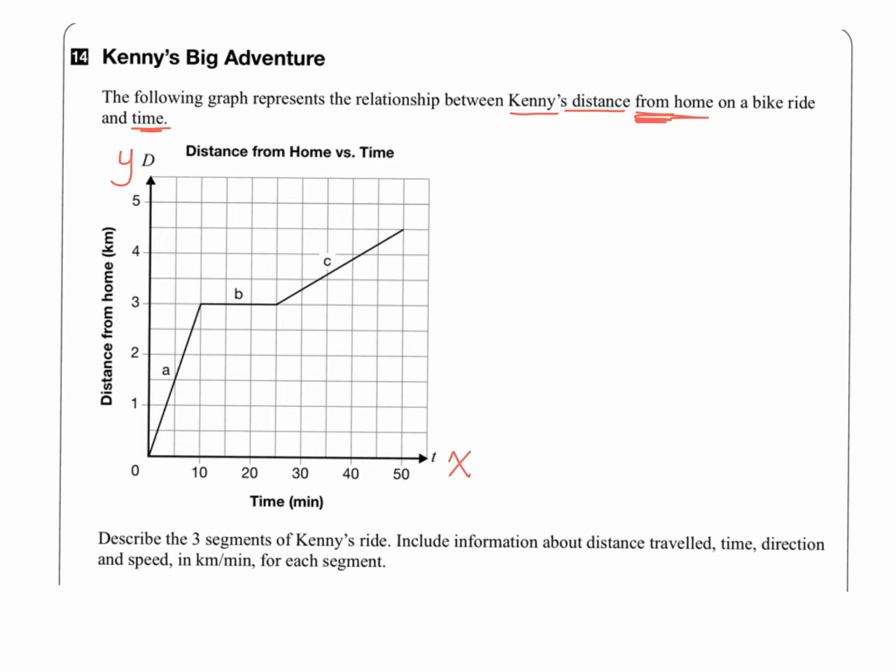So his graph is broken down into 3 segments. We have segment A, segment B, and segment C. And we need to describe each segment of his ride. Just by looking at it, do you think that he is traveling at the same speed for the whole trip? No. Okay? We're looking at a relationship between distance, and I want you to copy this down as well, distance